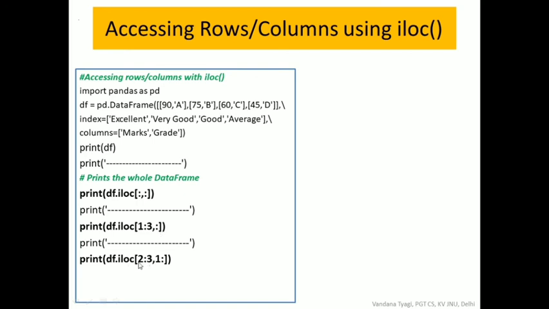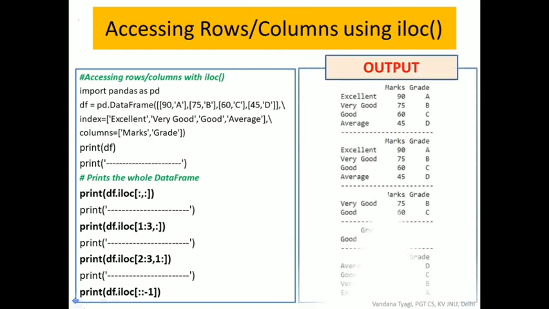Now in ILOC, if we are writing :, 1: it means from 1 onwards all the columns. So we are dropping here column number 0, meaning the first column is not to be considered. Okay, and if I have written here ::-1, this is for the rows. So again the same slicing concept of Python, we are not specifying start, we are not specifying stop, we are specifying step. Step is -1. That means in reverse order I am having my records displayed.